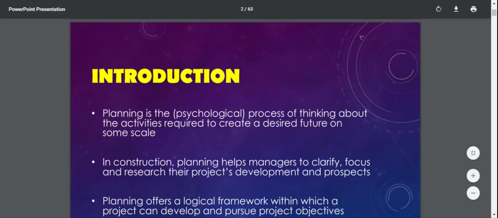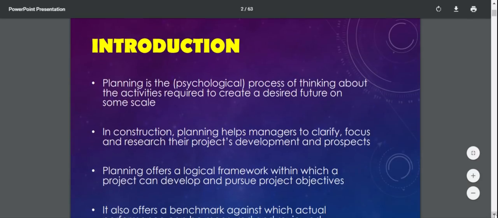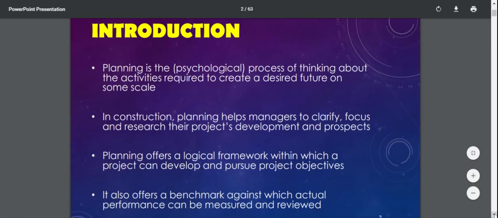Alright. So as an introduction, based on those methods that have been mentioned before, in terms of planning. So planning is the process of thinking about the activities required to create a desired future on some scale.